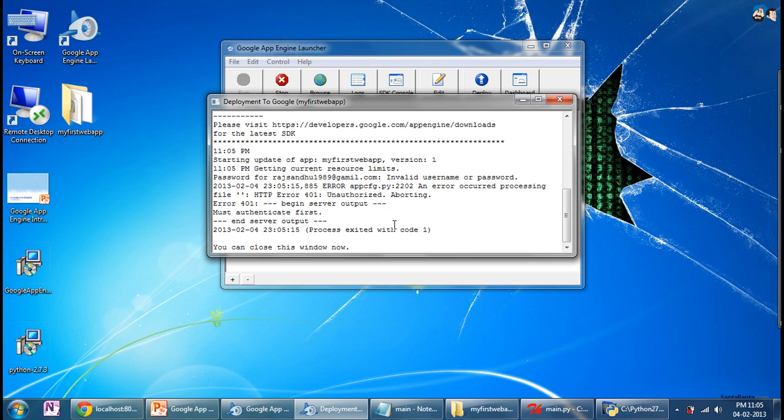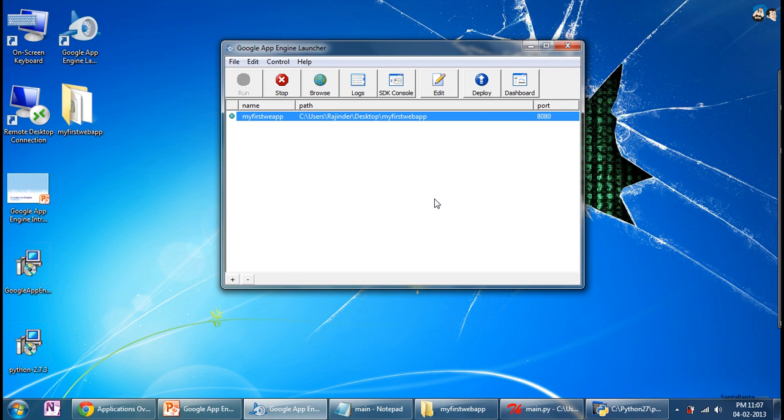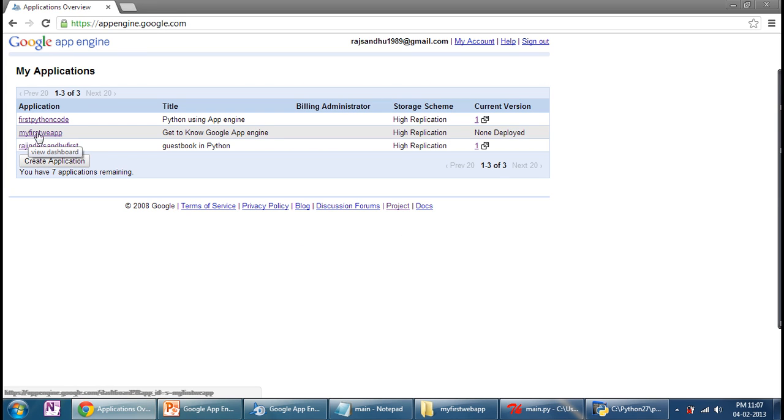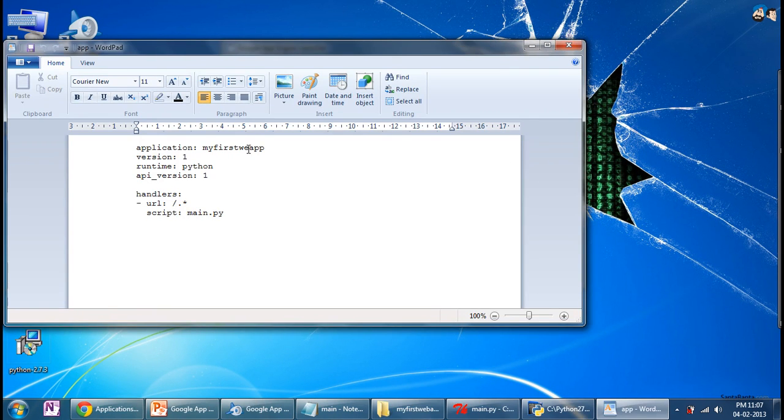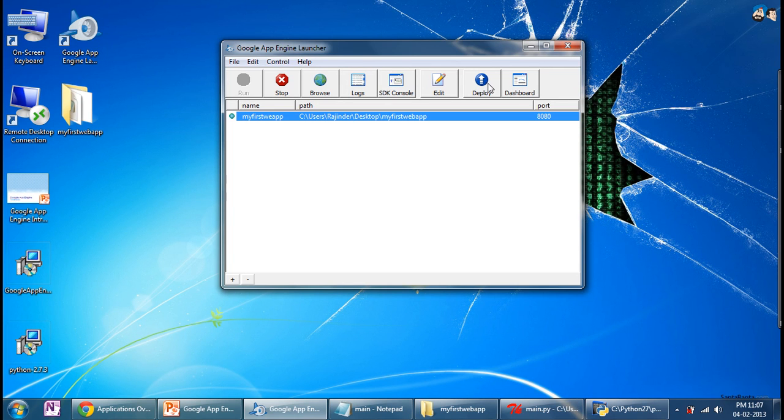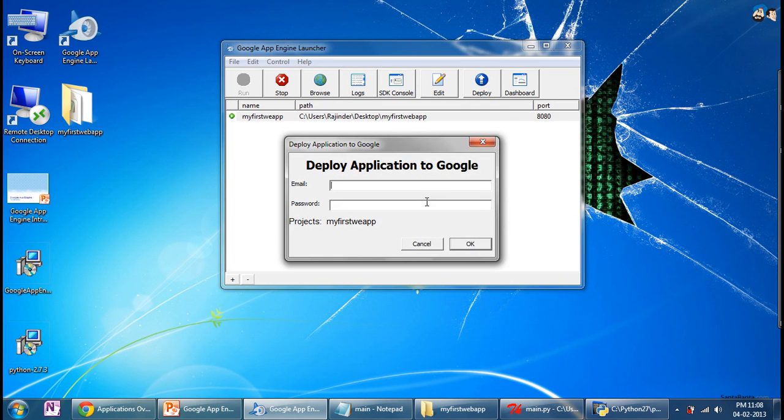Okay, it's checking. Okay, I typed the wrong information. I think it's right. Let me check. So I'm getting an error. The error is that I have created the app as my first web app, it's V app. Okay, I just forgot to put B. Just go to edit and remove the B from our YAML file. From here it's getting the name, na? That's why. Okay, now click on deploy and provide your username